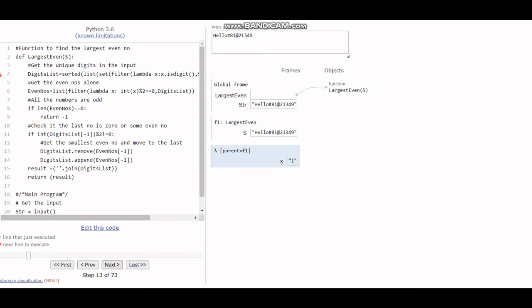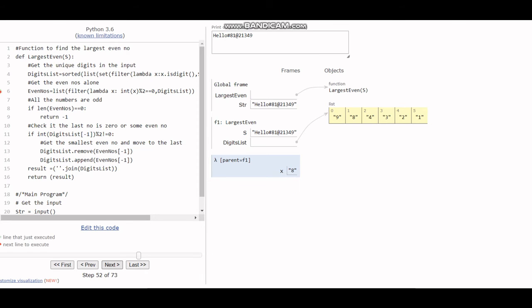First the digits are getting identified, and for any list comprehension there is a for loop running inside. So never get carried away by just one single line of code. It is as complex as a for loop.